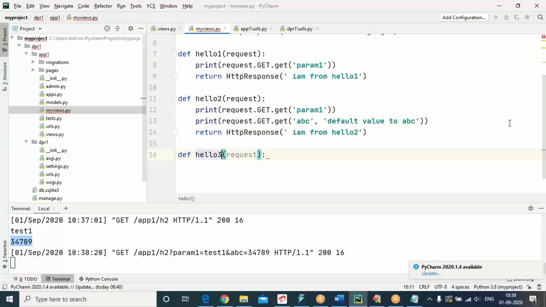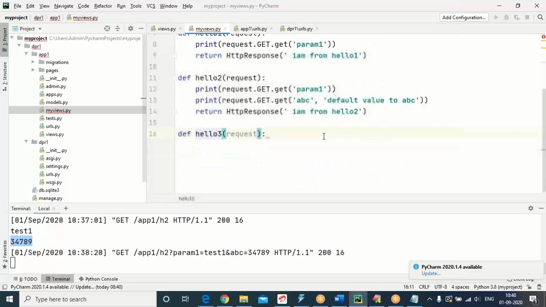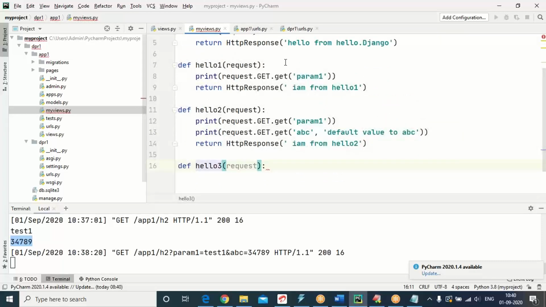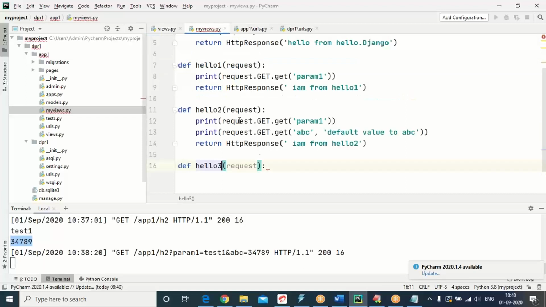Let it return one HTML file. I'll go for rendering HTML. How we have to render through HTML, that we have already seen. This is the portion. Go to the my views. In the my views,